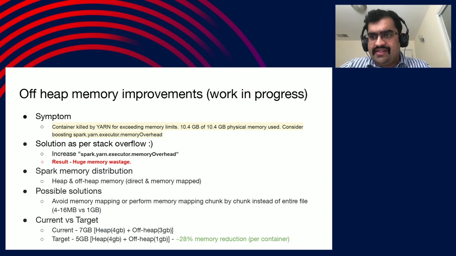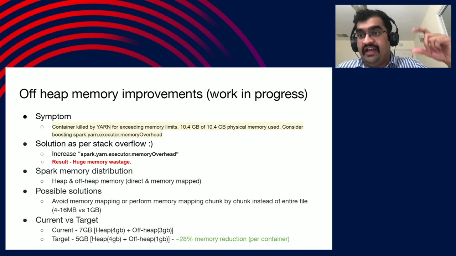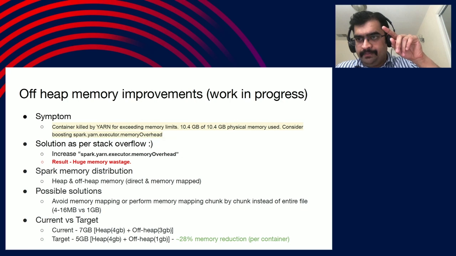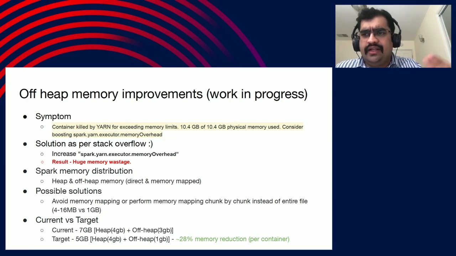Now, when it does that, what Spark was doing till Spark 2.1 is, it used to memory map the entire file. So let's say you have some RDD blocks which are 1 GB or 2 GB in size. Then suddenly some external executor requests those RDD blocks, and Spark will simply start memory mapping those files. That will simply jump up your physical memory usage. And that's why Yarn, which is monitoring the physical memory usage for every process, will go ahead and kill it. This is definitely not something we wanted.